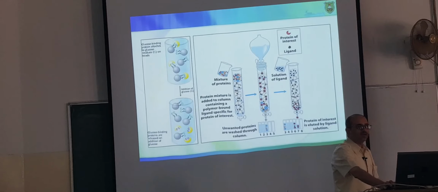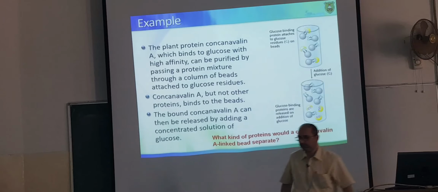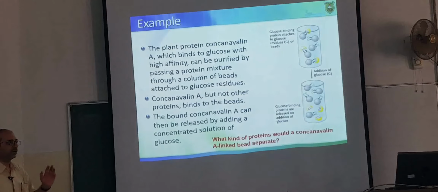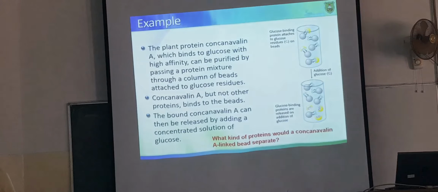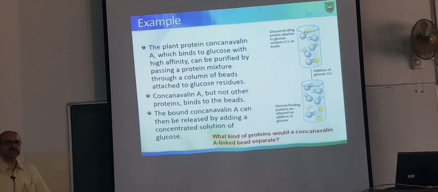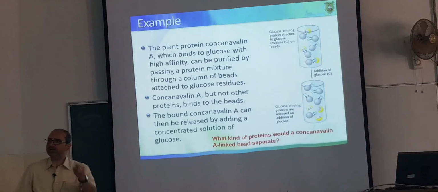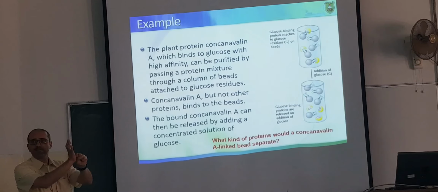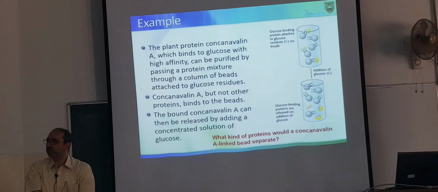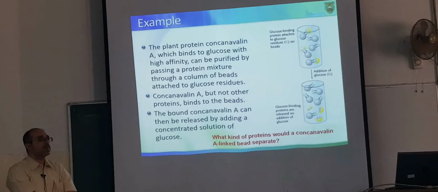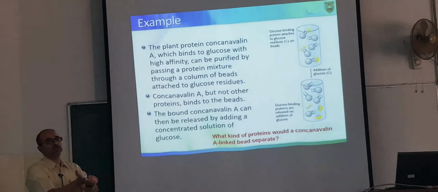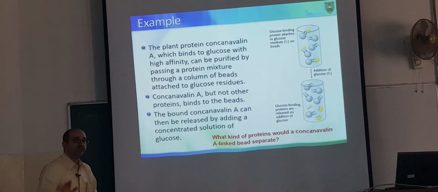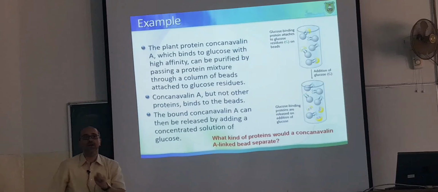نيجي نحكي على I'll give you an example. There is a protein in plants known as concanavalin A, con A. It binds to glucose. How can I purify this protein? بكون عندي بيت بحط عليه ايش؟ جلوكوز. وبمشي كل البروتينز اللي موجودة في البلانت cells through the column. Meaning the protein that will bind to the beads, con A. Everything else is washed out. حلو؟ Very specific. صح؟